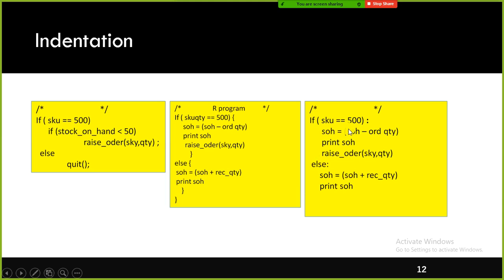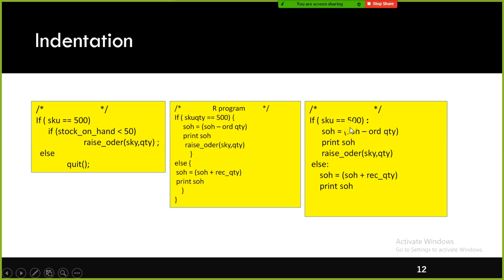So in the case of Python, you have to use a colon, right? Followed by the colon, whatever you type, that is the code block for this specific if condition. Okay, similarly here also the same thing, so you need to use a colon. In other programming languages we use curly braces, right? If the condition is true, execute these set of statements which are inside the curly braces, and similarly else.